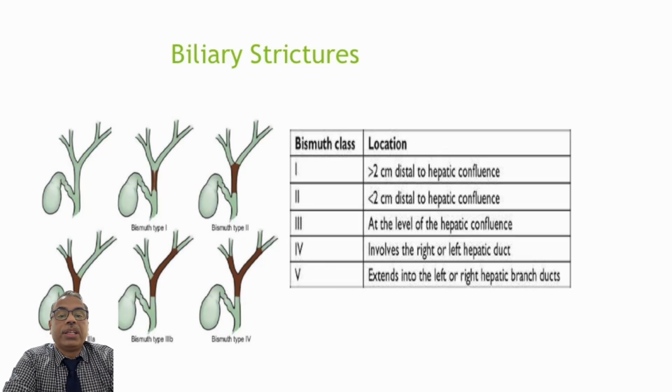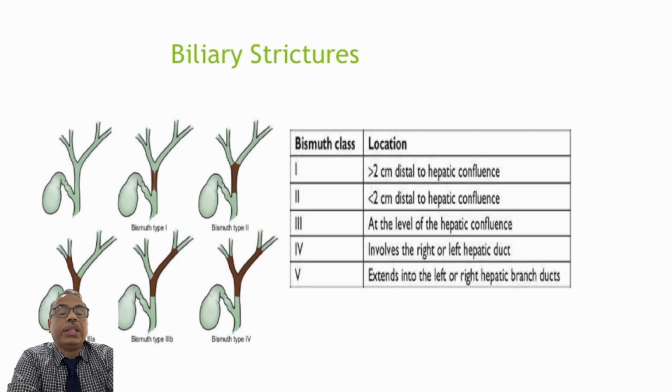Biliary strictures, we have already discussed, are one of the important causes of obstructive jaundice. Most commonly the benign biliary strictures occur following an inadvertent injury to common bile duct, and generally we classify biliary strictures in the common bile duct based on this classification system, which goes by the name of Bismuth classification, which is commonly used in biliary strictures occurring from different causes, which also includes the inadvertent injury to common